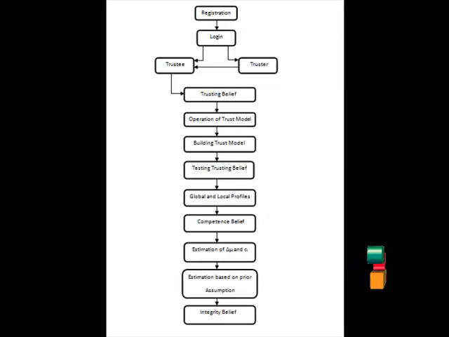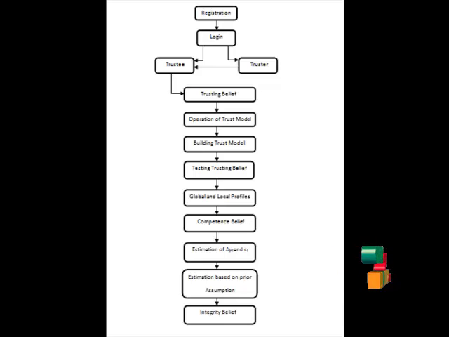In the data flow diagram, in registration, both the truster and the trustees register their details with a username and password, and on the login page, they use their username and password to log in. The truster chooses any one of the services provided by the server. There are banking and consulting. By the response of the servers, the user gives their trusting beliefs to the servers. Using the trusting belief values, the server calculates the trusting belief value using the trust model.